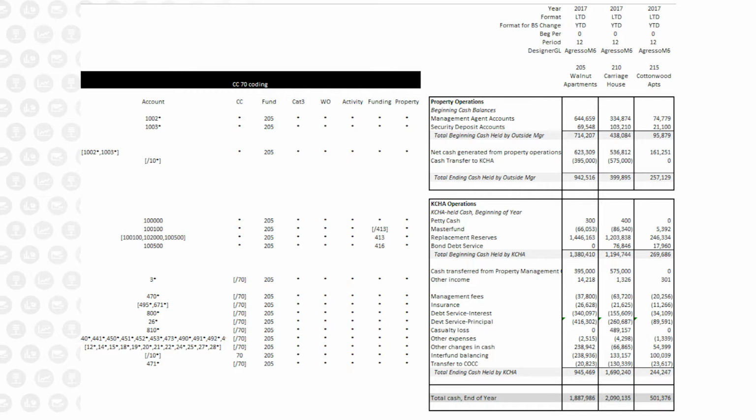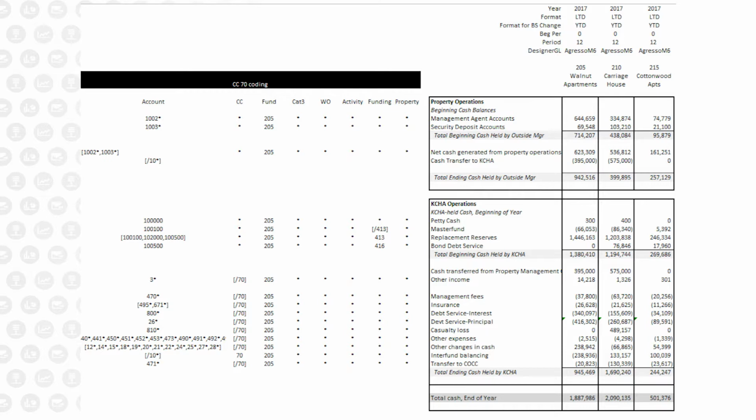Let's say in our old version, we could do this in our old reporting, but again, it was just a flat file. It would just show up as a number. You had no idea really what went into it. And this is just really what has saved us so much time. So in this case, we can much more quickly understand why we have a change in cash on a particular property. And then more importantly for us, of course, is how do we deploy that cash? We could deploy it within a property. We could use it for other purposes. So that's one example of a report that we use almost solely for analytical purposes.